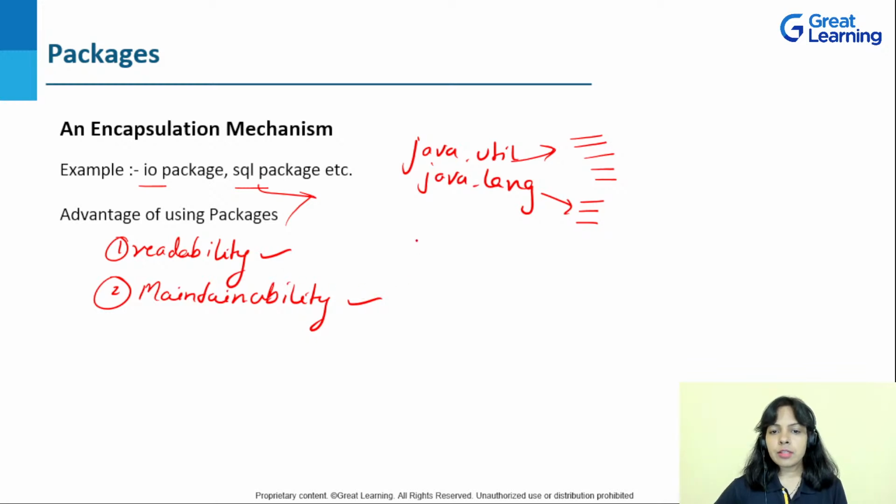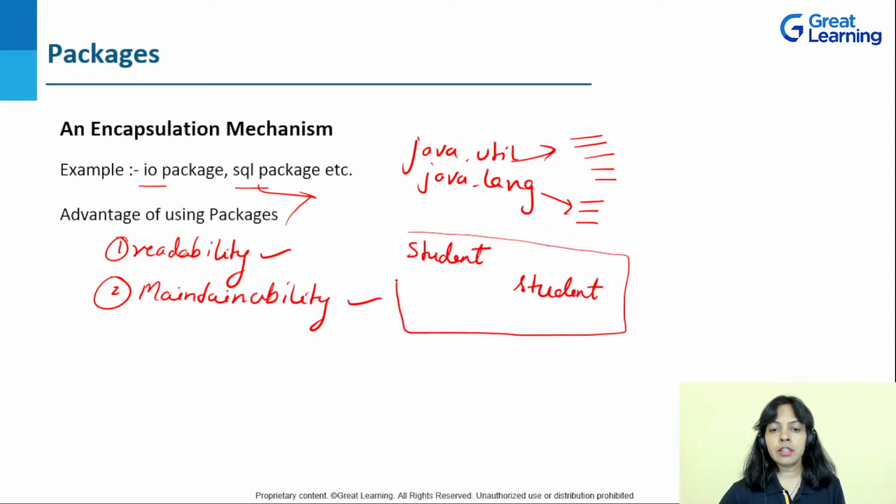Now, for example, suppose you want a class to be defined, suppose Student. Again, after some time, you felt that for some other project, you wanted another class, and in that project also, you wanted a class with the same name, Student. Will you be able to have it if everything is put inside the same directory, inside the same folder? No. Two classes with the same name will not be allowed or permitted. So now package plays a role here.